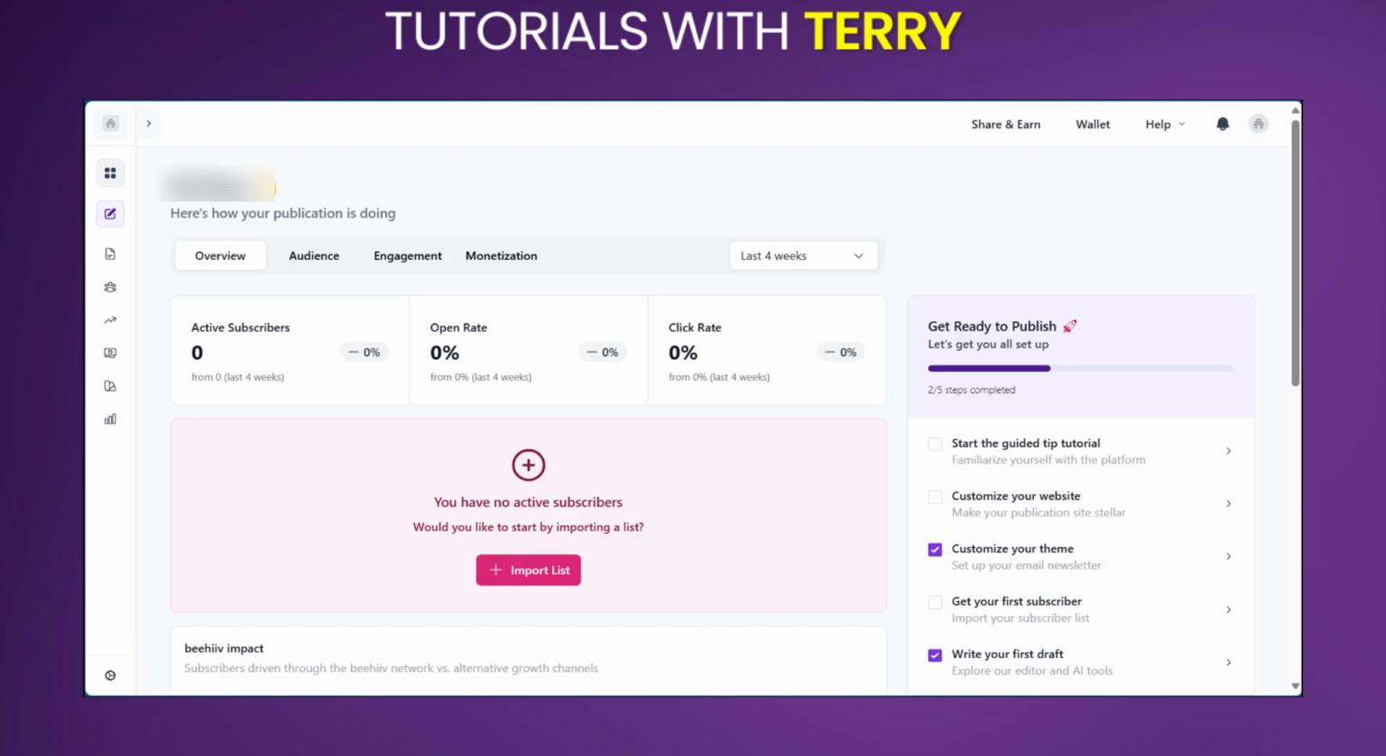Hello guys, in this tutorial we're going to be showing you how to create a newsletter in Beehiiv. Now we're in our Beehiiv dashboard, and on the left sidebar you have some icons here. Now if you hover over it, you're going to see the names of these icons. However, to make it easier, we're going to click on the arrow pointing to the right, and this is going